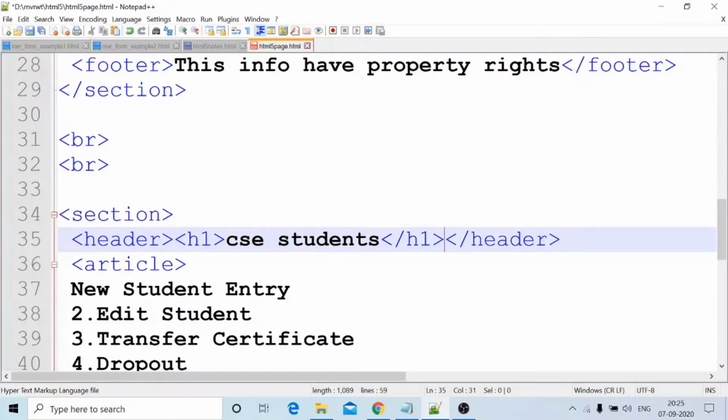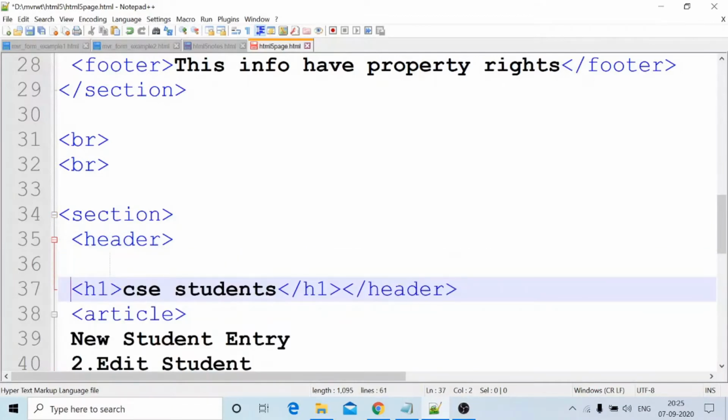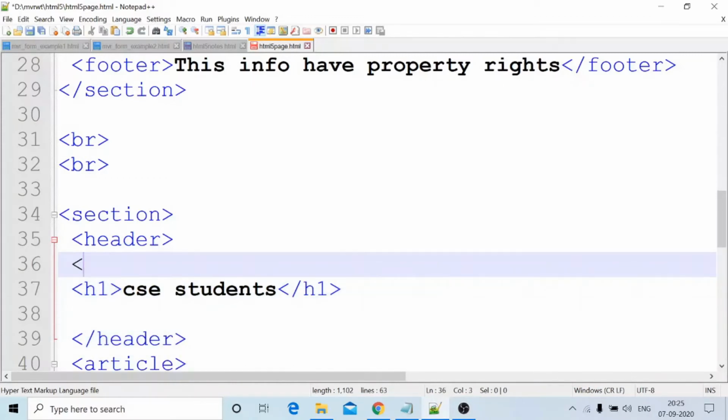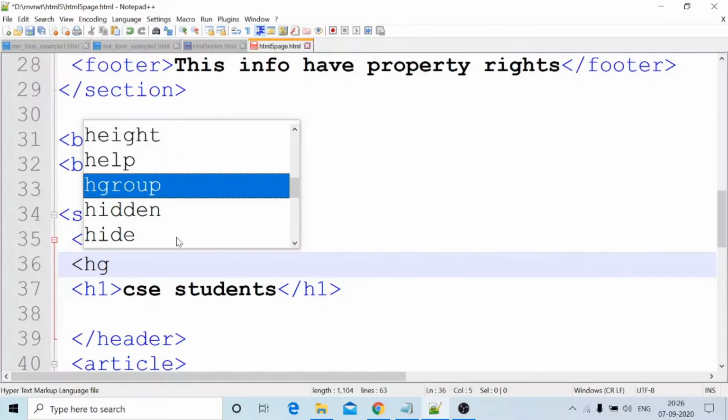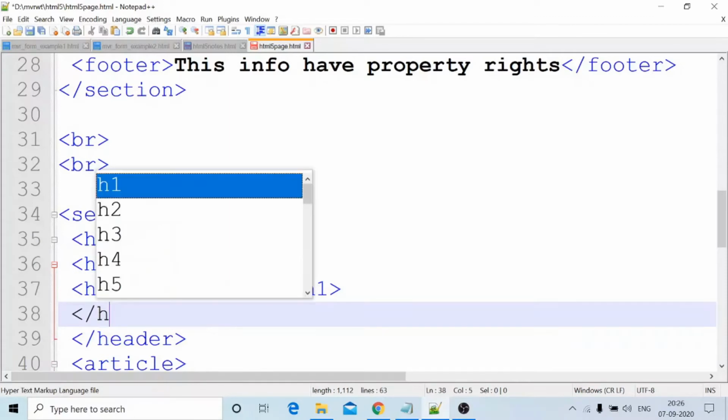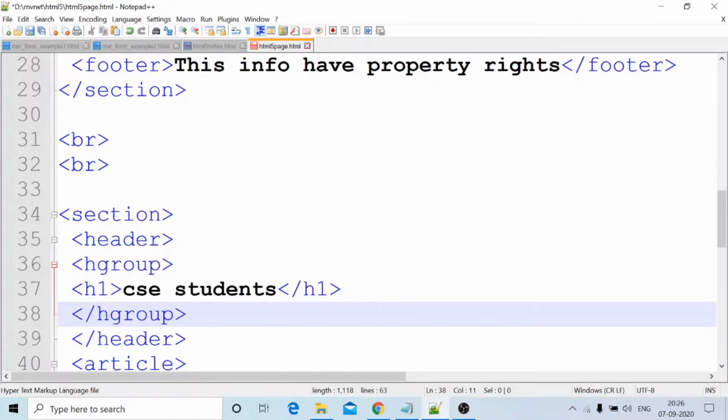For semantic purposes we will write hgroup, but there is no difference with or without hgroup. Hgroup means header group. With this one or without this one, no problem. But the browser understands that whenever hgroup observes some header, it has to display it. From a search engine point of view also, it is easy.